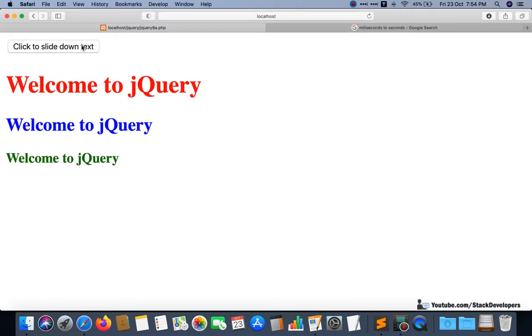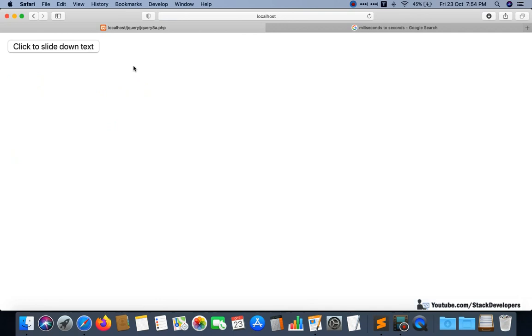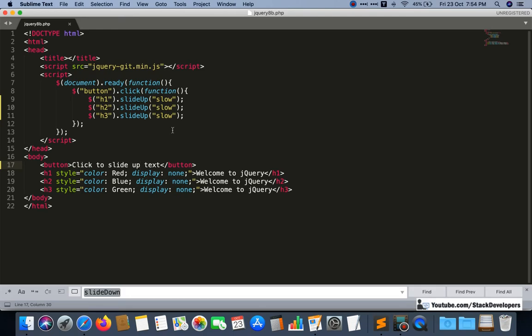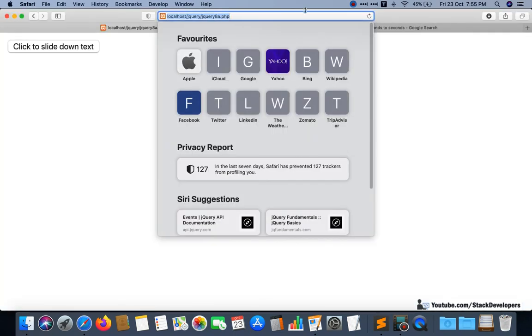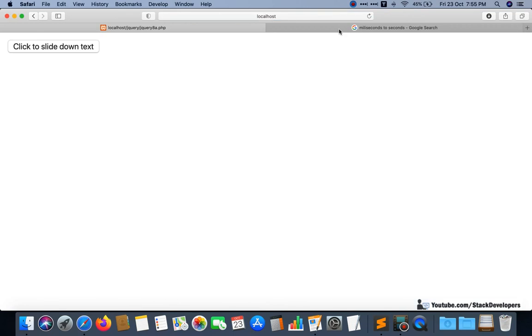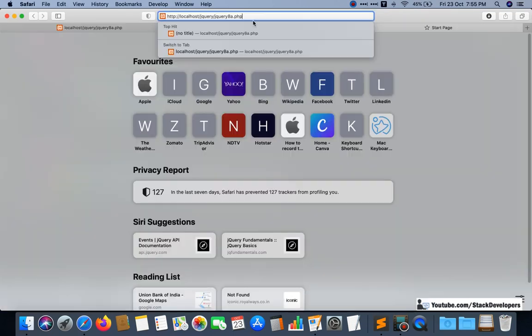See, slide down, and I am going to write here slide up. See here slide up. I want to see what is the difference. See here the elements are not coming, and here the elements are coming.